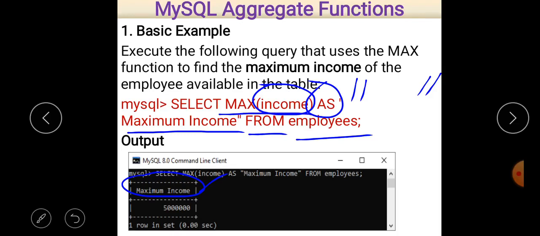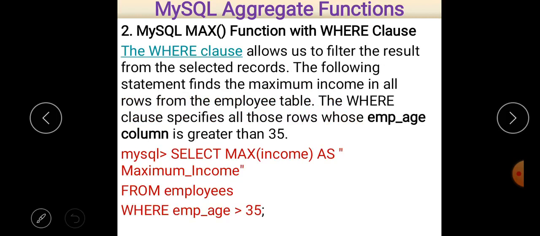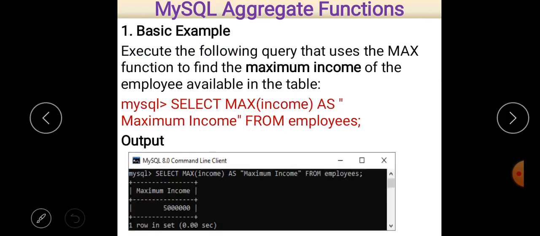So now the statement is select max income as maximum income from employees. This is a simple example. Now I think it is clear to all of you how to find the maximum income of the table employees, or how to use the max aggregate function.